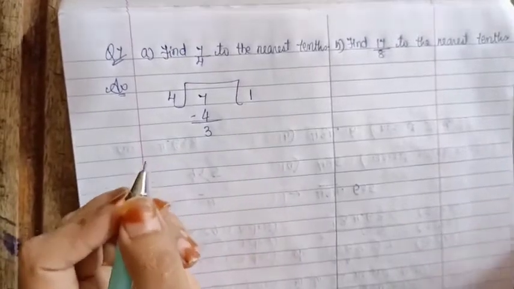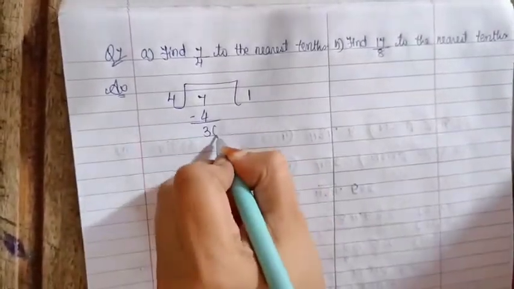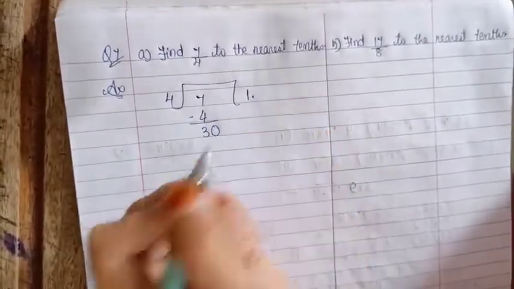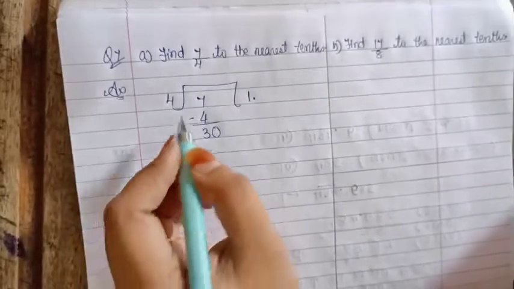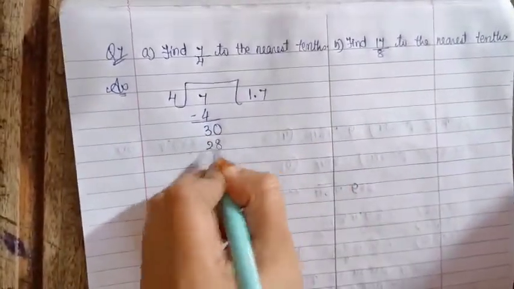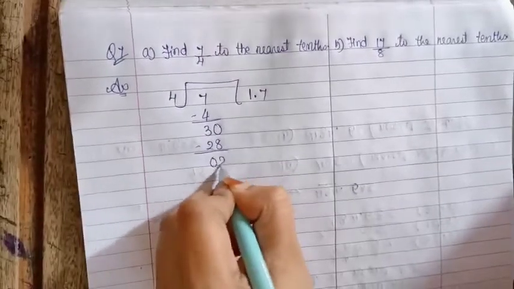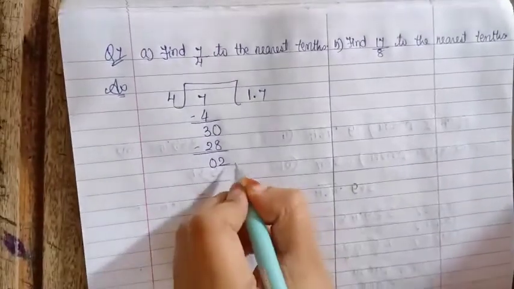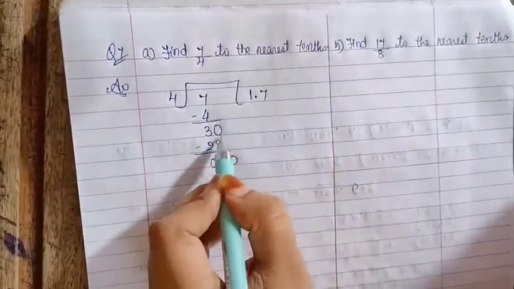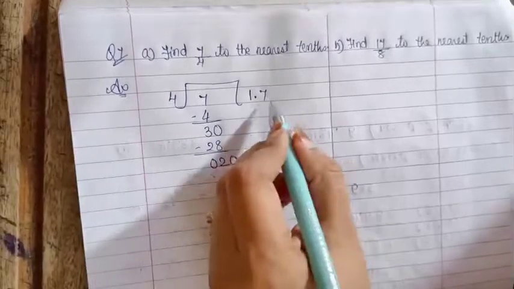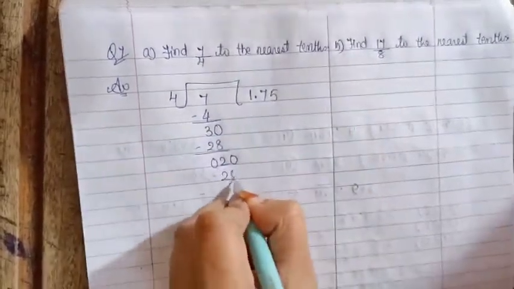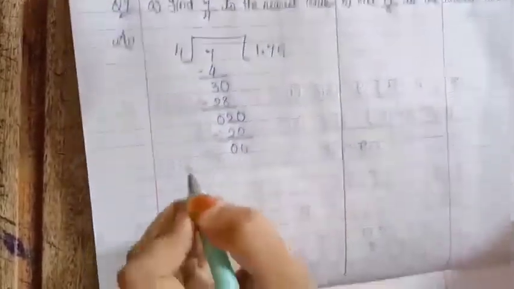Now what will we do? We will put one extra 0 over here. Now our division is started. Since you are keeping the extra 0, you have to put a decimal. Now 4 7s are 28. Now we will do subtraction, so we will get 2. Now if you put another 0, you don't have to put a decimal again, because for the first 0 you have already kept the decimal. So 4 5s are 20. Subtraction gives 0.